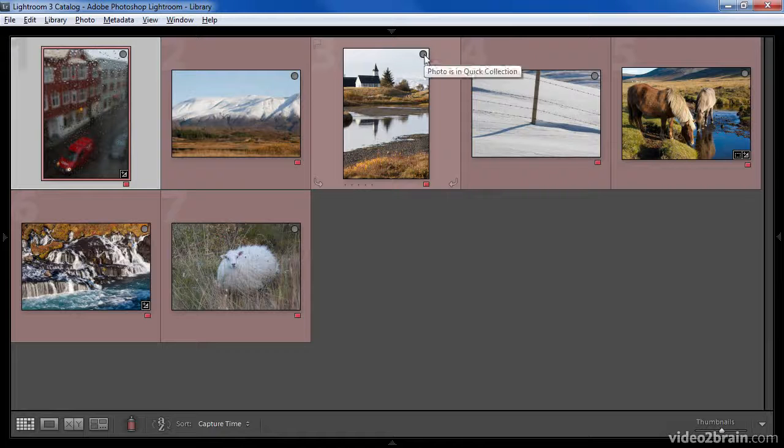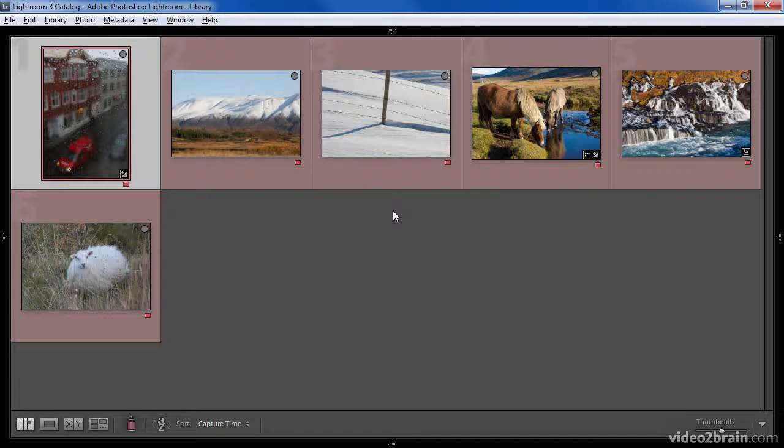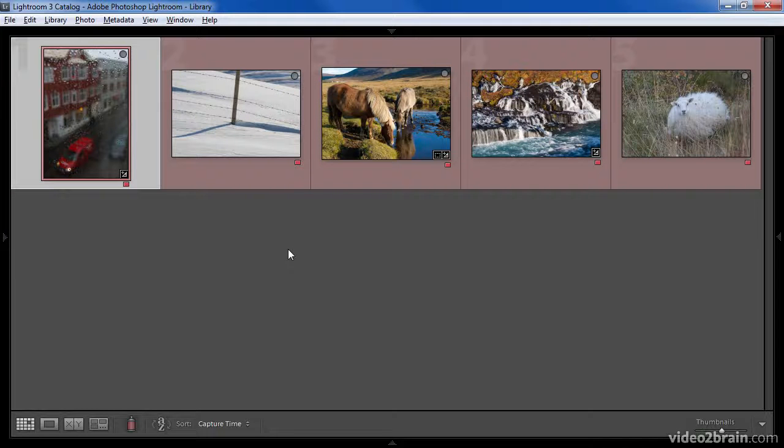While I love the shot of the church in the tundra, I think it's a little more detailed than they're looking for, so I'll remove that from the quick collection and notice that it immediately disappears since I'm looking at the images in the quick collection. I think the broad landscape also won't really work for their purpose, so I'll remove that image as well. At this point, I'm down to the 5 images I want to share with the client, so I can bring